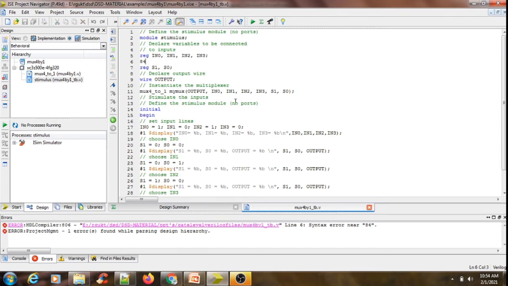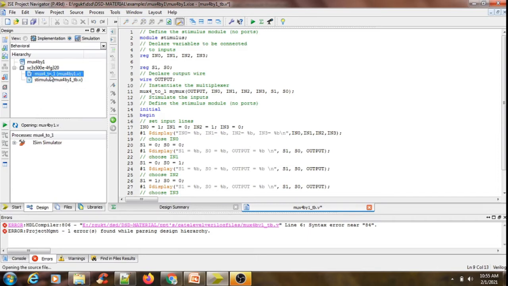The registers S1 and S0 are used to drive the selection signals as well. These are declared by using reg as a keyword, and output is an output signal. This signal will be checking the functionality of my 4x1 multiplexer.